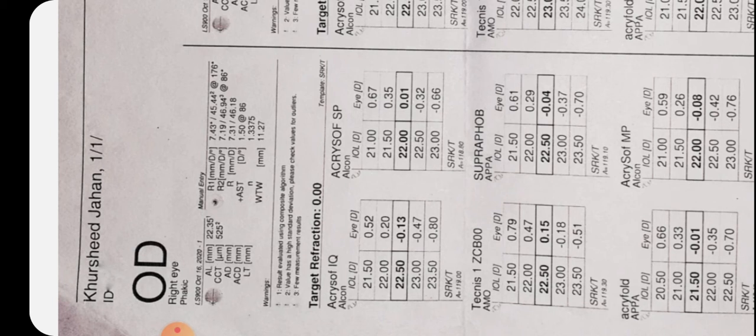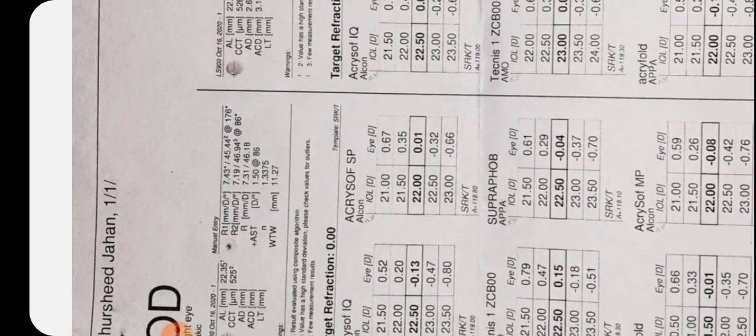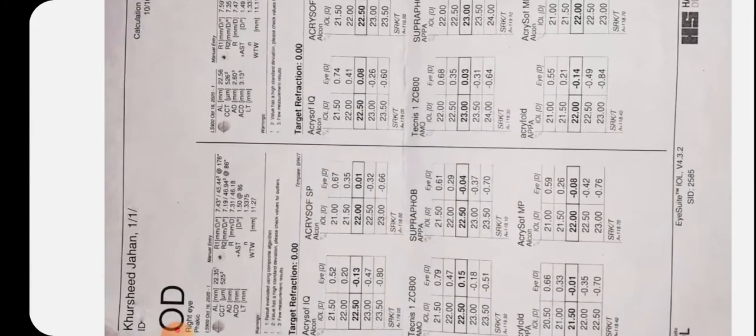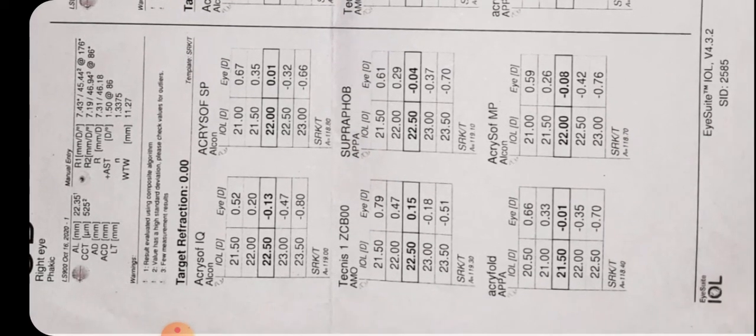After that the AC depth, the lens thickness, and R1 R2, that means the K readings, are mentioned. This reading is from an automated scan machine, a Landstar machine. That machine gives a suggestion of different types of IOL material,